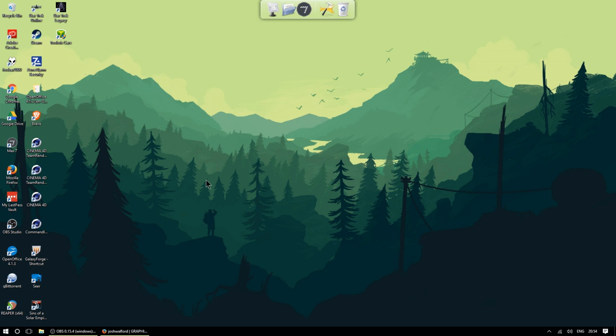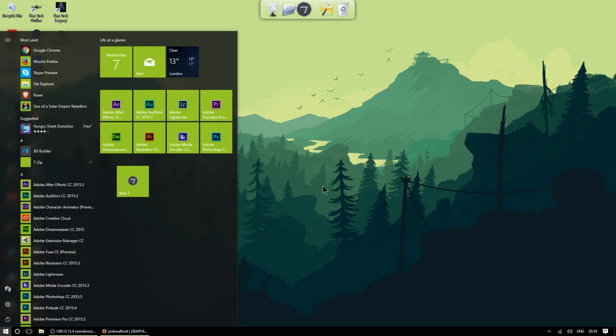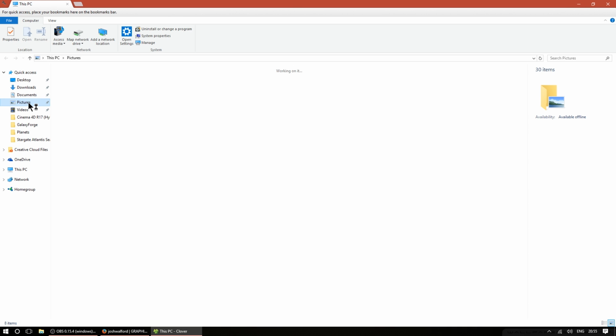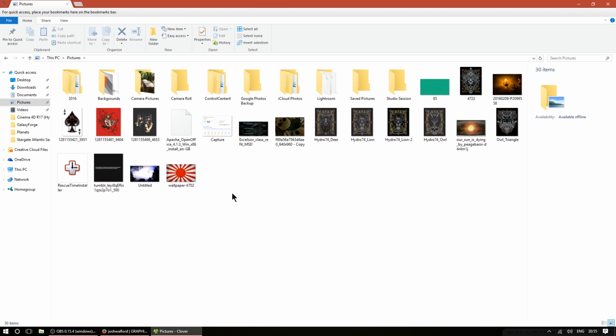Now, another thing that I use, and once again Mac users will go, well, we've had that for ages, is a program called Seer. S-E-E-R. So just make sure it's running. It does have an option to auto start when you start your machine. And what it allows you to do, so if I go to my computer and I browse to some media, so I've got some pictures here